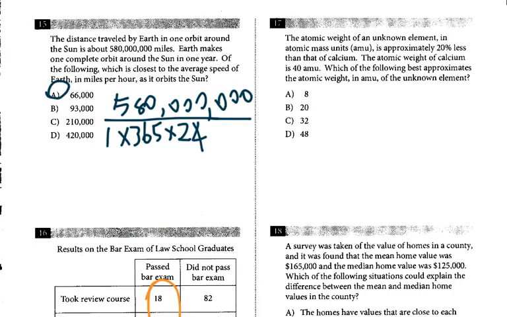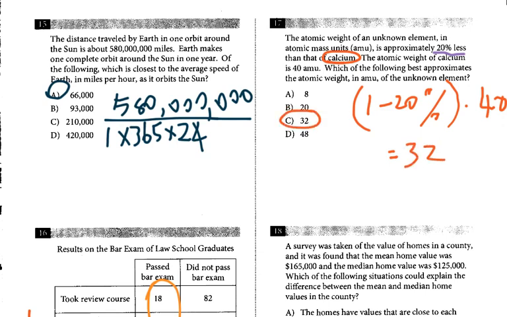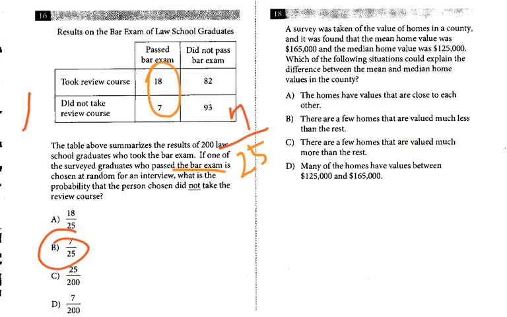For number 17, 20% less than the weight of this element. So we can get 1 minus 20% times that 40. And you will get 32. That's the answer. So for the mean value and the median value,